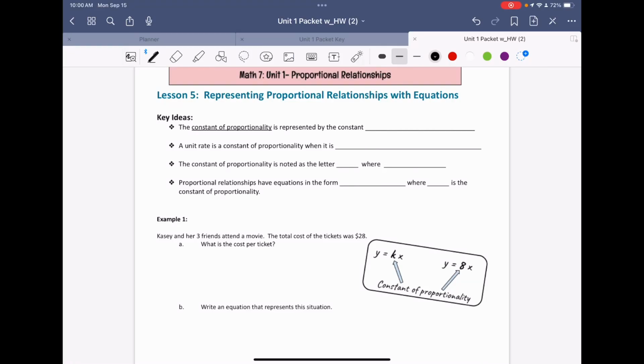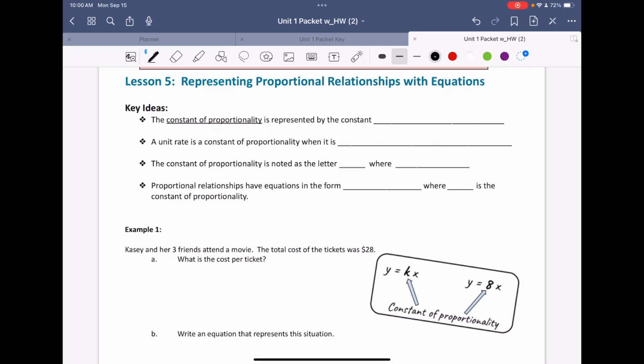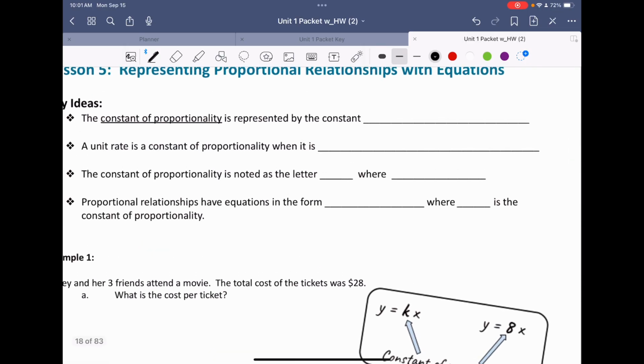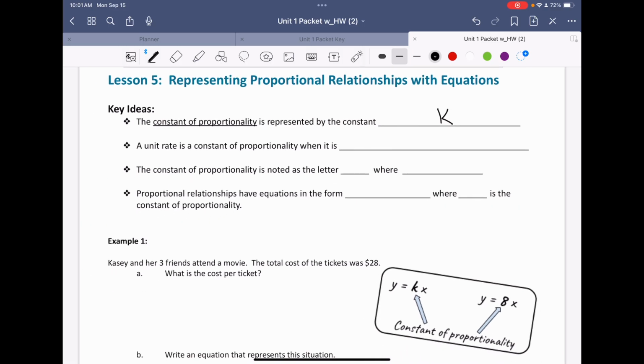Okay, this is lesson 5, representing proportional relationships with equations. So some things we need to know before we go through and learn about our equation are key ideas of things we've learned about in the past couple days. The first thing we need to remember is that the constant of proportionality is represented by the constant or the variable k. Since we have a variable k, a unit rate becomes k or creates a proportional relationship when